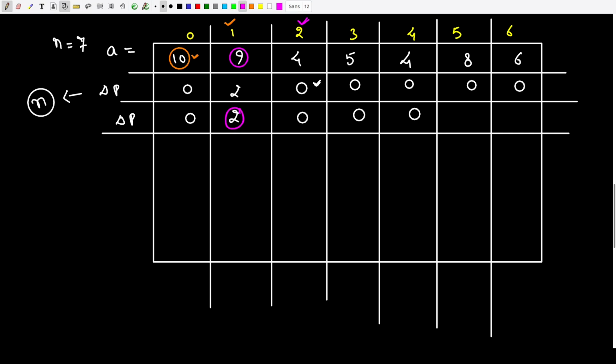So 9, the corresponding entry in the DP table is 2. That simply means that 9 has formed a sequence already whose length is 2. And in this case 9 has formed a valid sequence with 10. Its length is 2. After this, 9 is also forming a valid sequence with 8. So that simply means that the new sequence is 10, 9 and 8 and the length of this sequence is